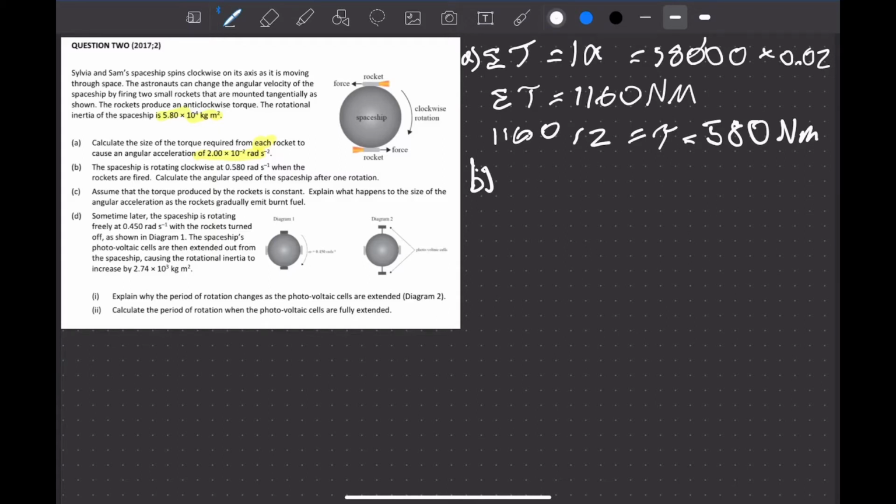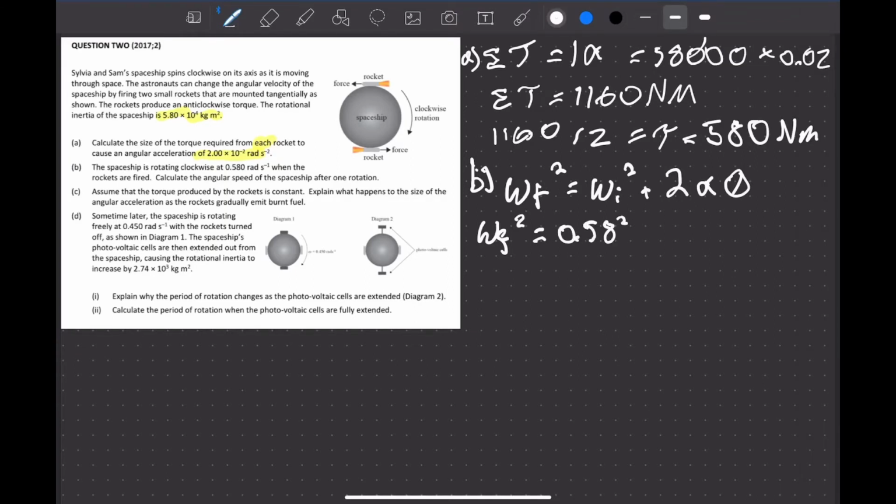So we're going to use the equation lowercase omega, or our angular velocity final squared equals, and it should be reminiscent from kinematics in level 2, our angular velocity initial squared plus 2 times the angular acceleration and theta, which is 1 rotation. So we're going to plug all the information we have into there, and we get omega final squared equals